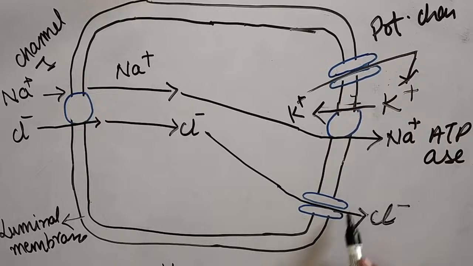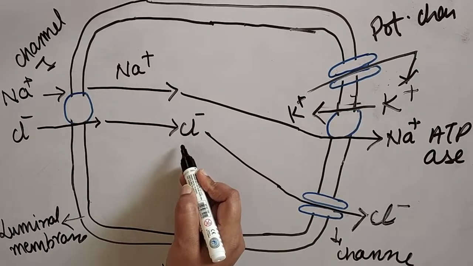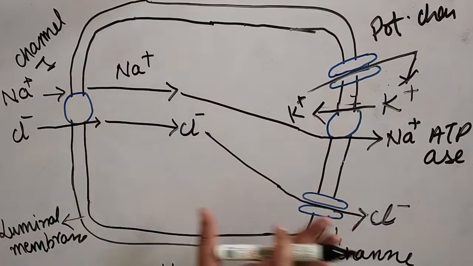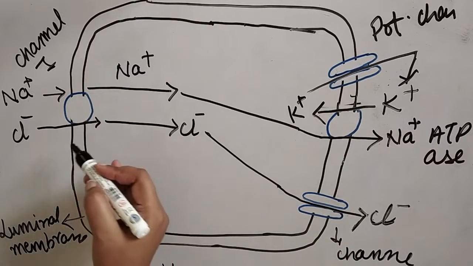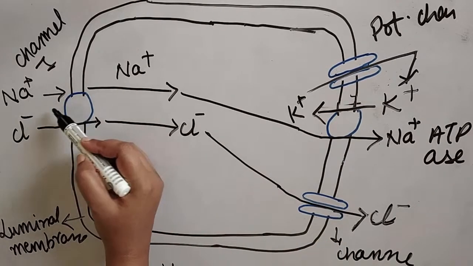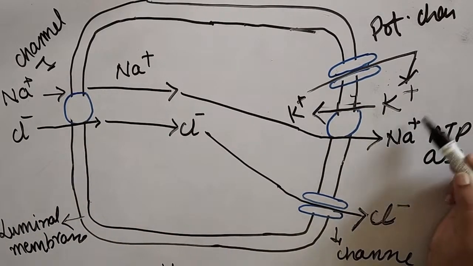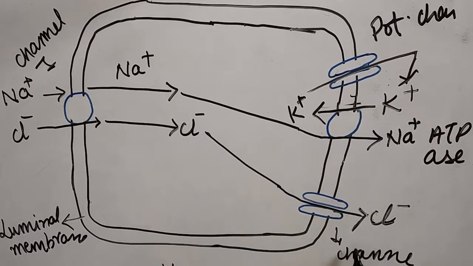And here you can see this is the chloride channel, another channel. The chloride which is entering inside the DCT will go outside through this channel. So overall this ion influx and efflux will maintain the osmotic pressure. Through this channel the sodium and the chloride will enter inside the DCT; through the sodium-potassium ATPase channel the potassium can enter inside the DCT, and through the chloride channel the chloride can leave. So basically our thiazide